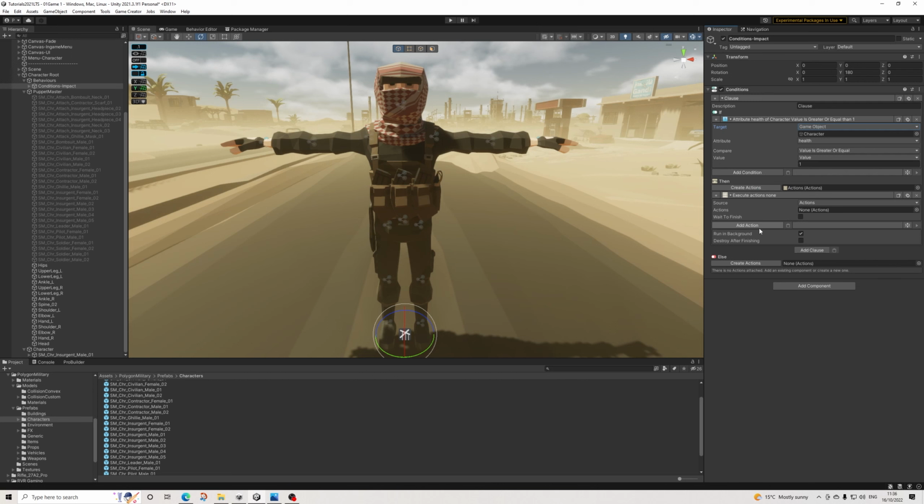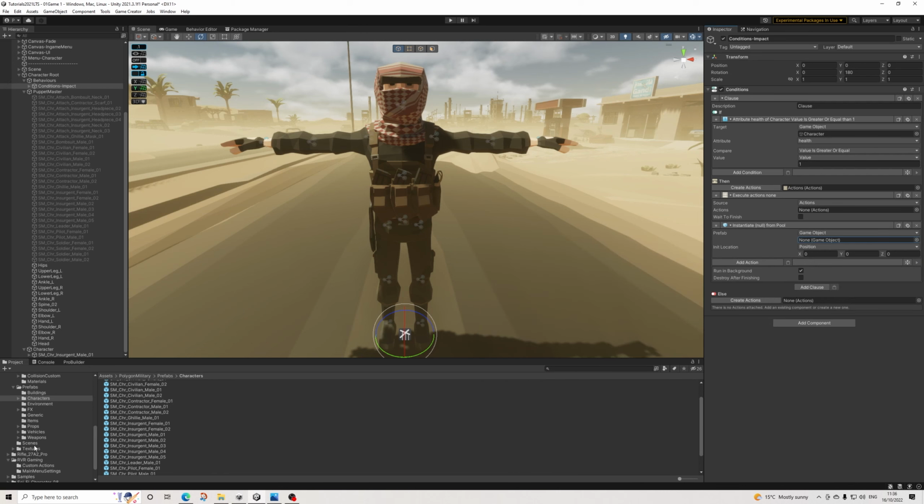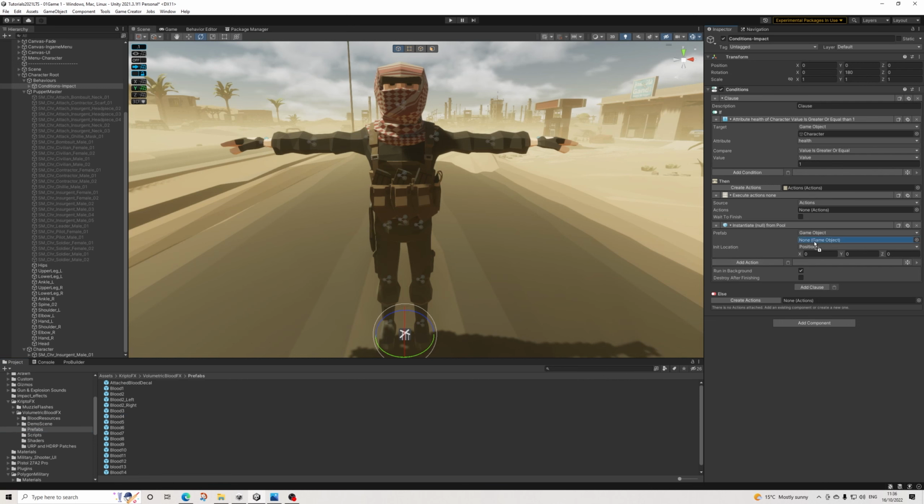We're going to do instantiate from pool. We'll use that same blood for. Oh, can't look it up like that. I think there's, where was it? It's the same one we use for the player. And then the location is actually,